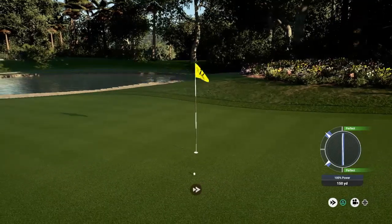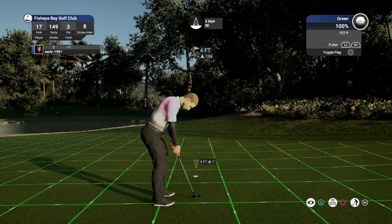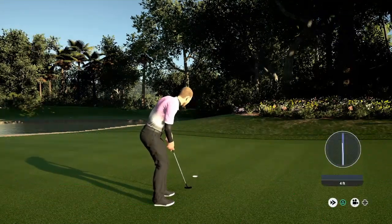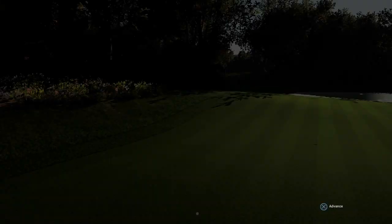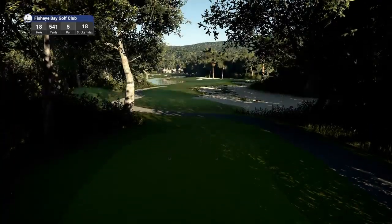Oh, it's another fantastic golf shot. We've really used the contours of the green to perfection on a few of these holes, guys. And I'm delighted to walk away with birdie. And we do move to 12 under par with the final hole of this stunning course, FishEye Bay Golf Club